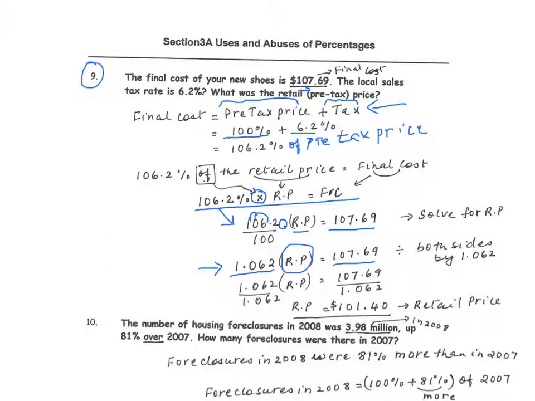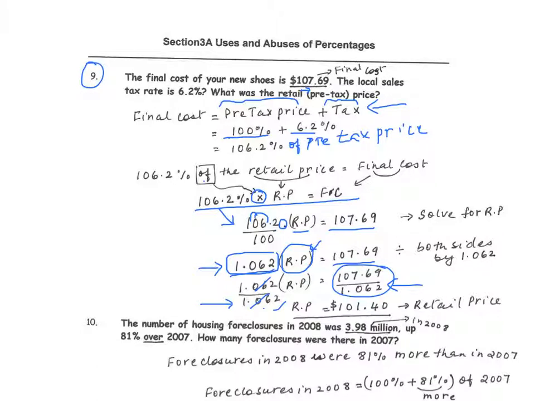We need to get retail price by itself, which means we need to get rid of the number 1.062 that is multiplied with it. The only way to get rid of a number multiplied to the unknown value is by dividing both sides of the equation with the exact same number. So we divide the left side by 1.062 and the right side by 1.062 as well. So that cancels the 1.062 on the left, leaving us with what we wanted, just the retail price. And that is equal to, when we simplify this number, we get